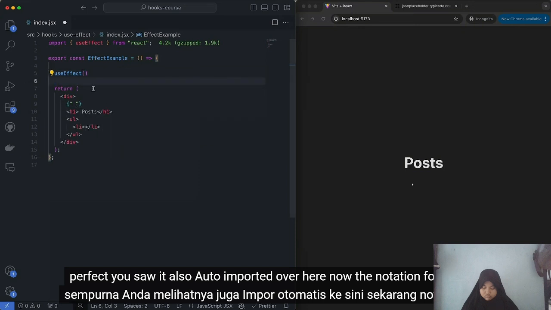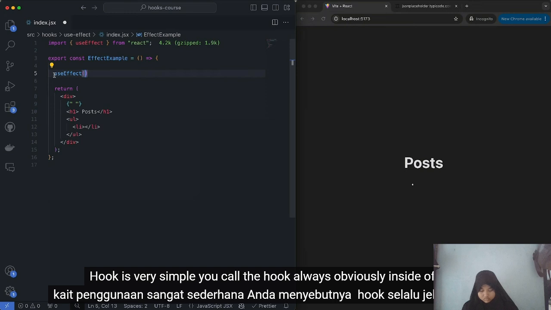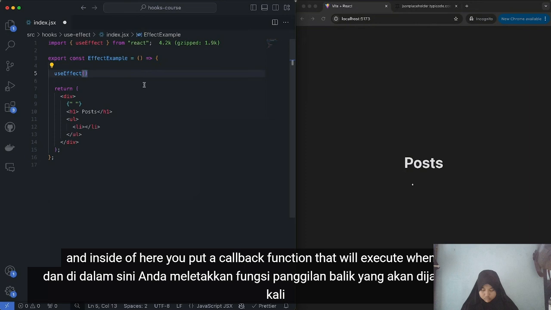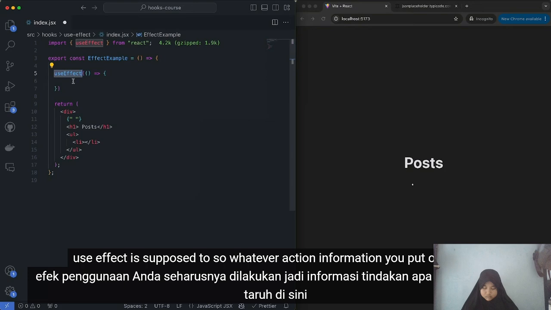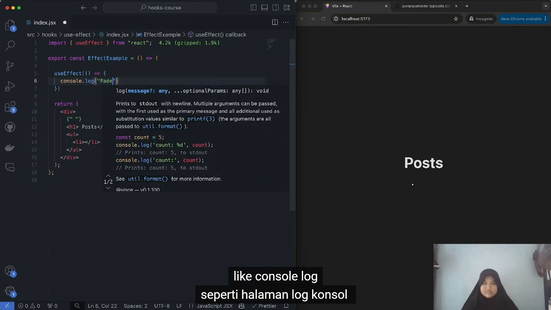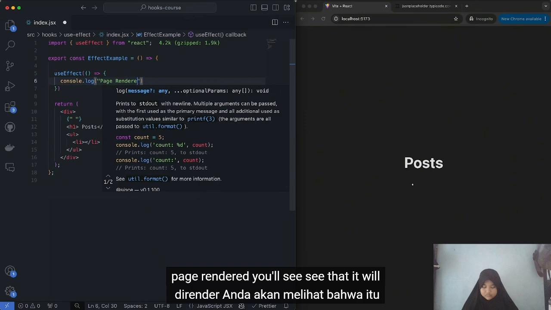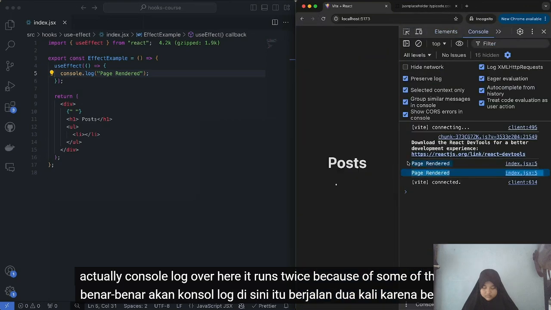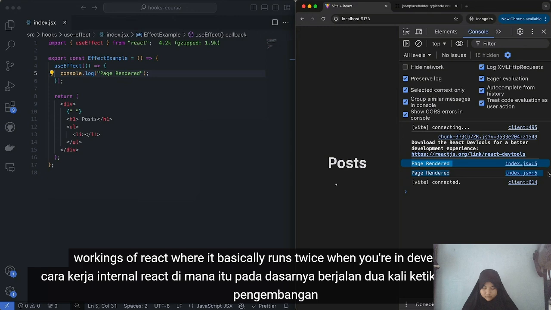Now, the notation for the useEffect hook is very simple. You call the hook always inside of your component, never inside of an if statement, just like all the other hooks. And inside of here, you put a callback function that will execute whenever your useEffect is supposed to. So whatever action you put over here, like console log page rendered, you'll see that it will actually console log over here. It runs twice because of some of the inner workings of React,